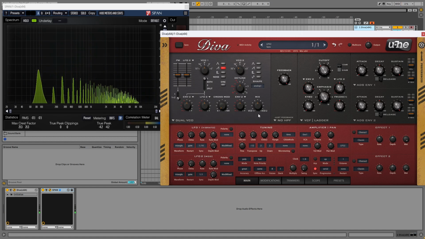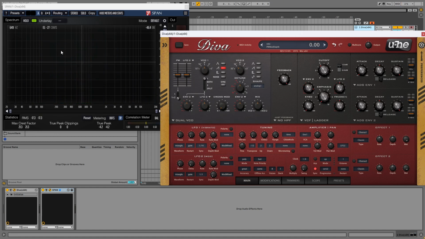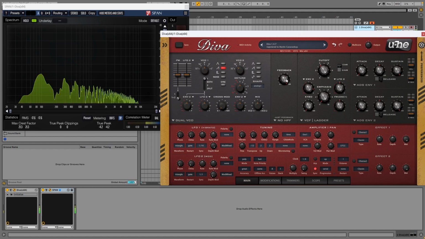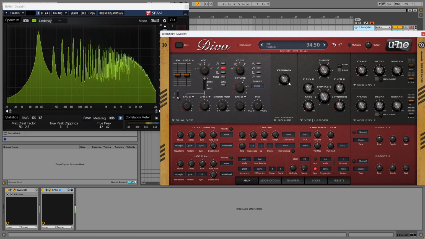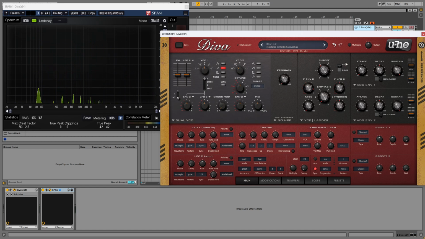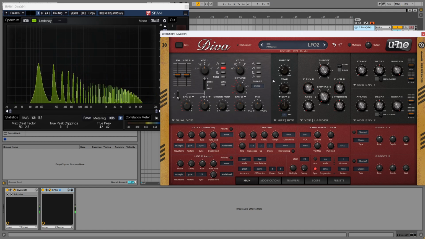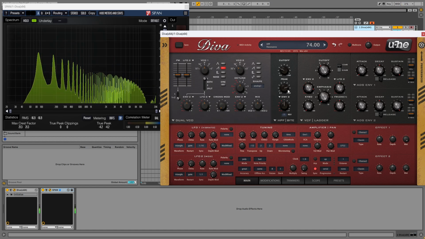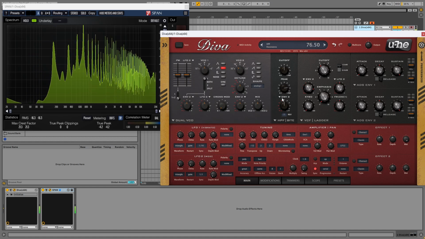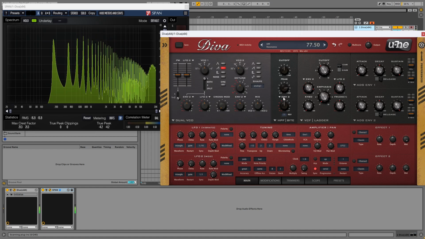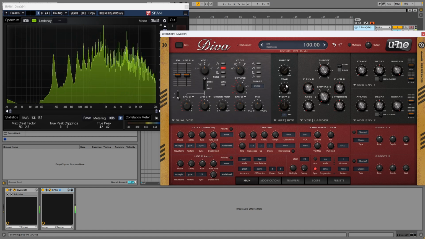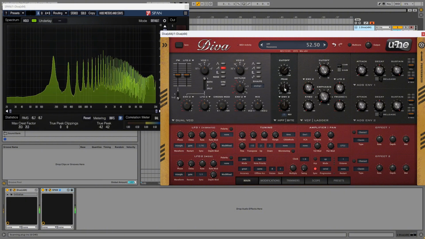And feedback basically just feeds the sound back into itself. As you can see, it kind of enhances the mid section. Great for aggressive bass lines and things like that. And the bite is just basically a resonant peak. So this will enhance it, see here. And then this kind of sweeps it. Right, this enhances the peak,